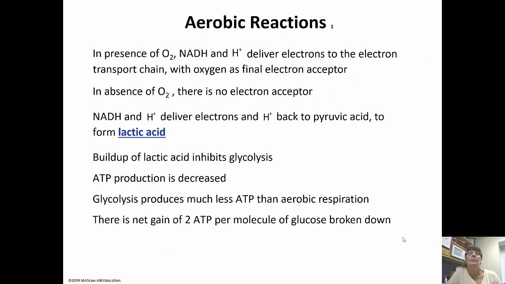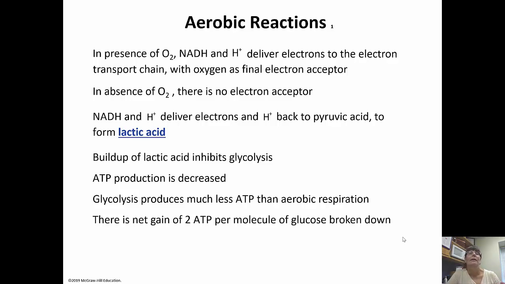If oxygen is present, the NADH and the hydrogen are going to deliver electrons to the electron transport chain. Oxygen is going to be the final electron acceptor. If oxygen is not present, there isn't an electron acceptor, so we shut down this reaction. No oxygen, it shuts down, and you keep having to go back to the glycolysis reactions in what we call